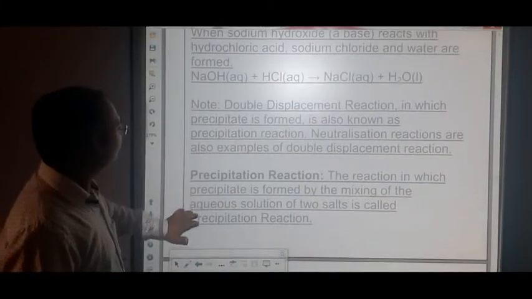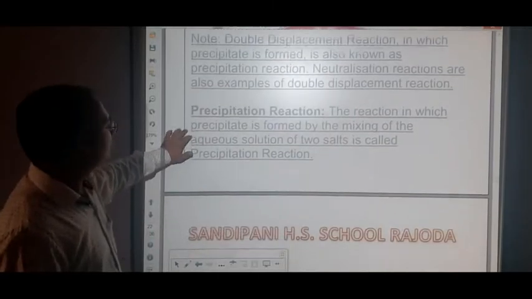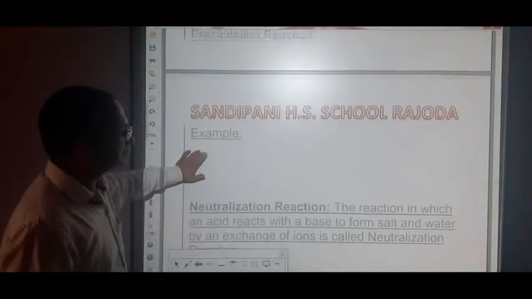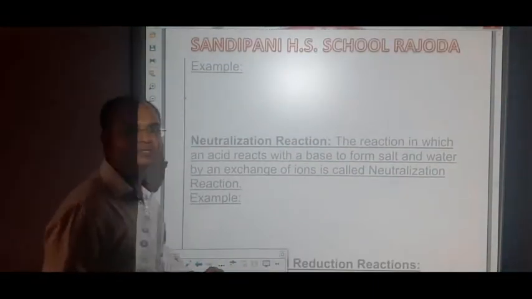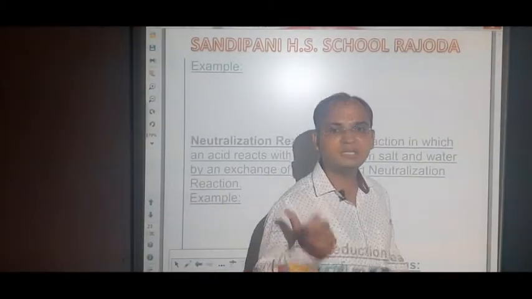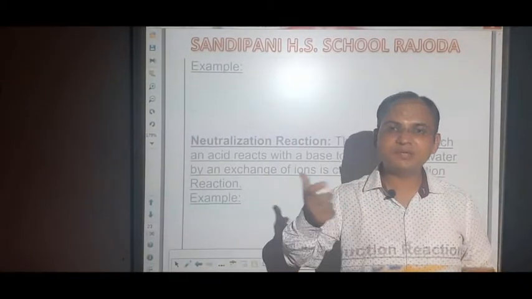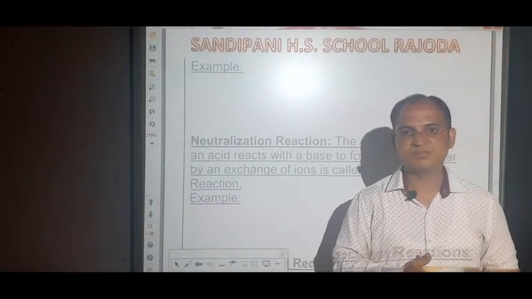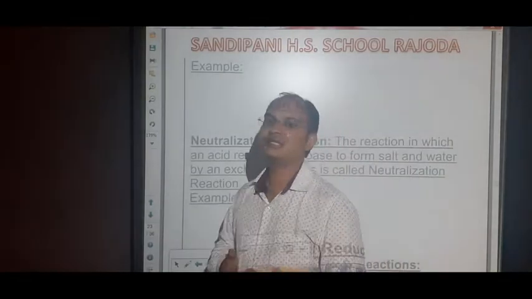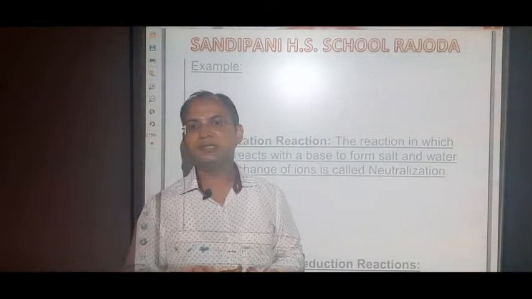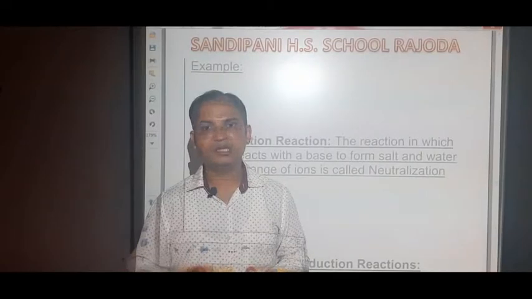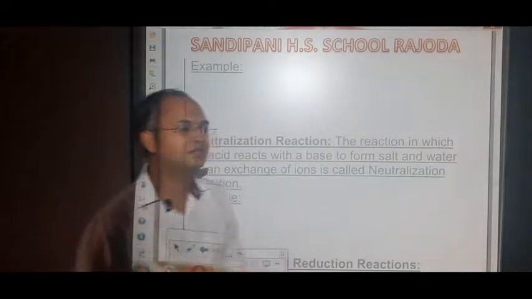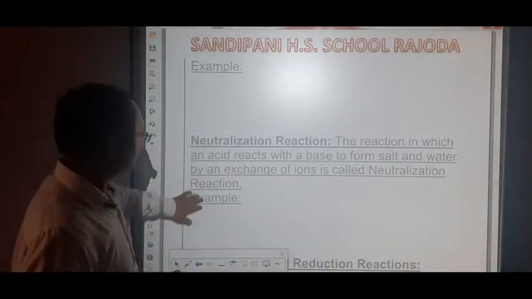Next, students, we have seen the neutralization reaction. In a neutralization reaction, whenever an acid reacts with a base of nearly equal strength, they combine together and form salts. In this reaction, the acid and base cancel out the effect of each other. That is why they get neutralized. That means the product formed will be neither acid nor base. So this type of reaction is known as a neutralization reaction.